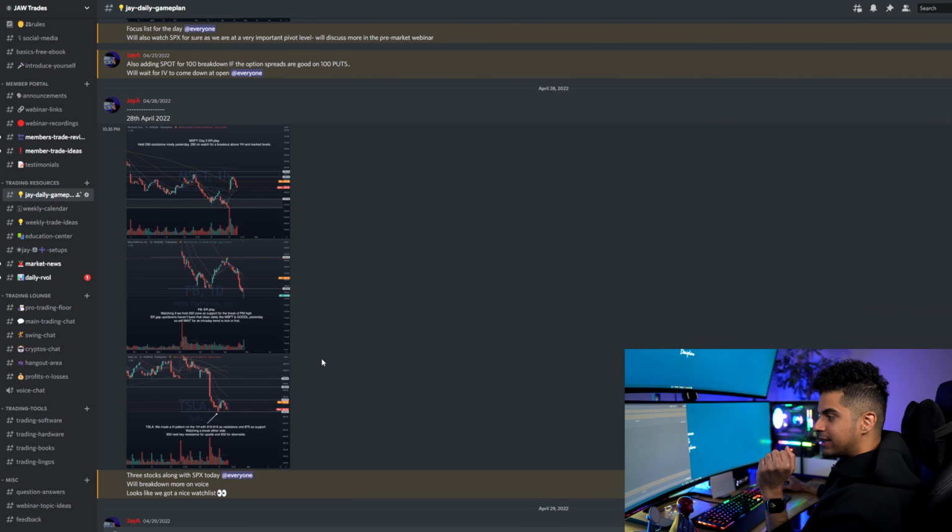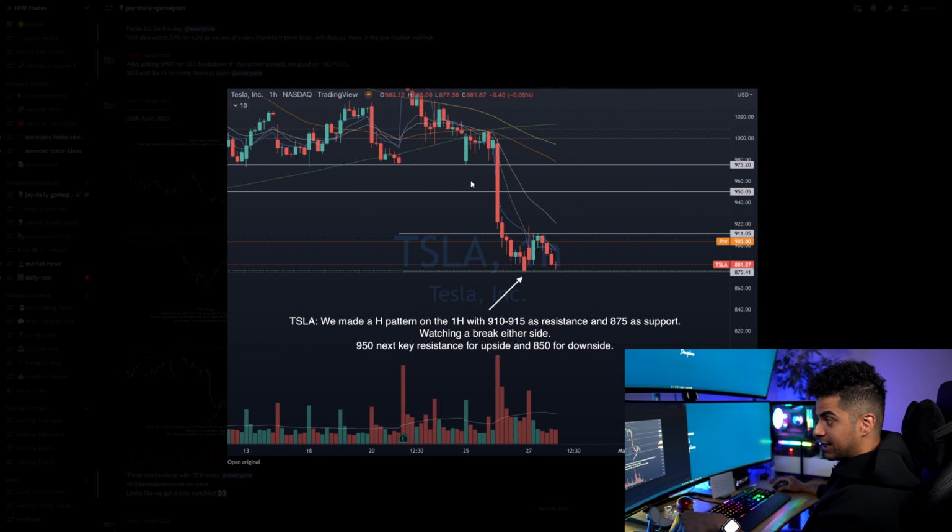The next day on 27th of April, we had kind of a consolidation day. You guys can see on 26th of April, we had a very clean push towards the downside. And then on 27th of April, we had a consolidation day. We had a push towards the upside. Tesla held this $910, $911 level as resistance. And then we continued the downside the prior day. Now this is called an H pattern on the hourly chart because we went towards the downside, then we failed to push towards the upside, then we got rejected again from 910 for a push towards the downside. So you guys can see we are kind of making an H pattern right here,